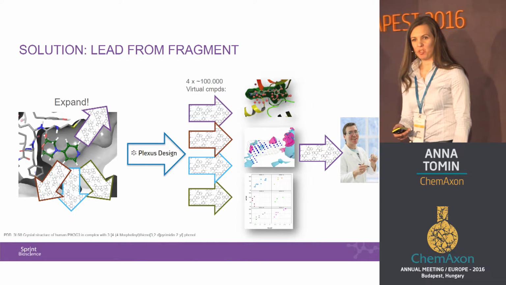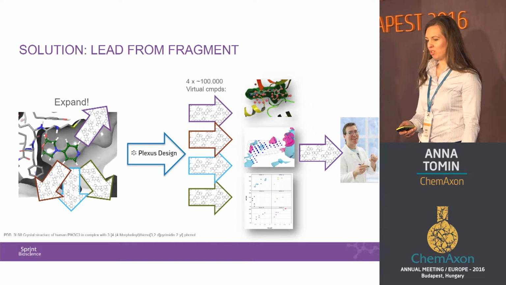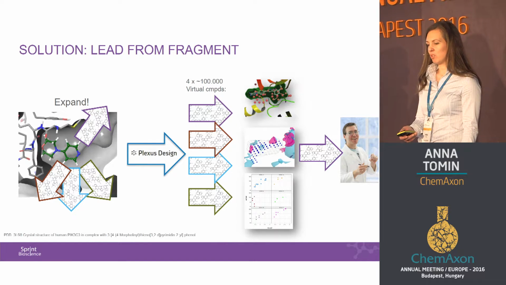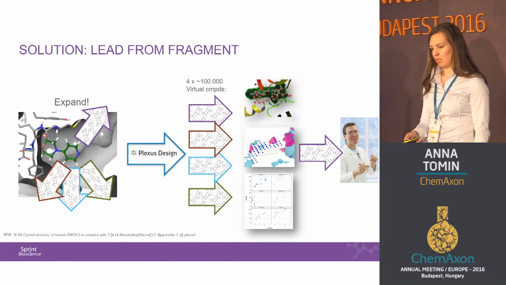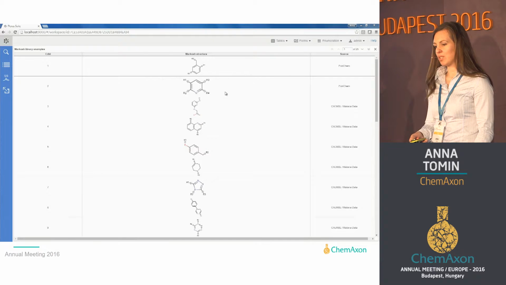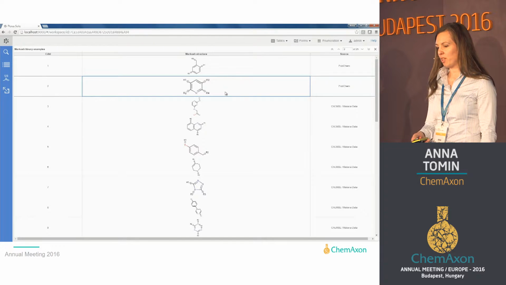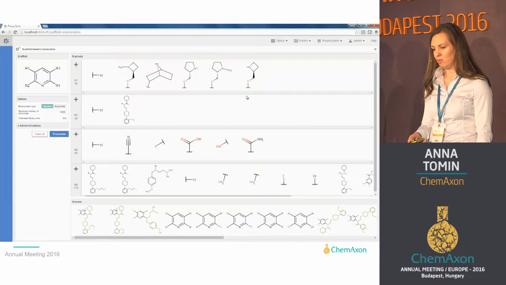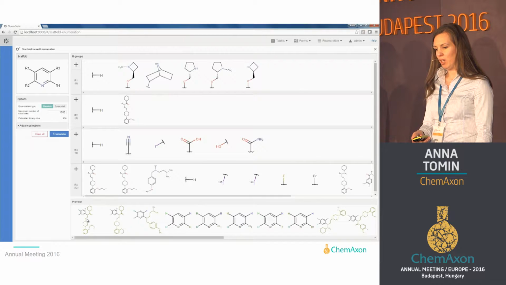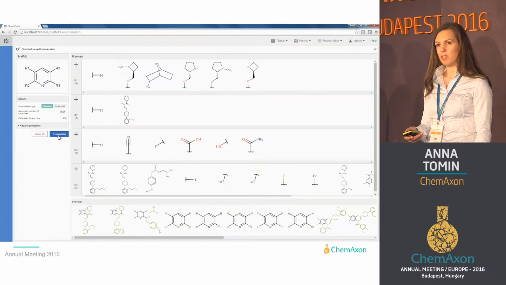So how does Plexus work? I have selected some features to demonstrate you and give you some flavor of the application. This will be a demo video, so you can start the enumeration from predefined templates. Simply send this template to the Plexus Design tool, and everything will be set. So the scaffold, all the fragment definitions, we have the preview down there, and also the estimated library size. Then you hit the enumeration, and this will direct you to